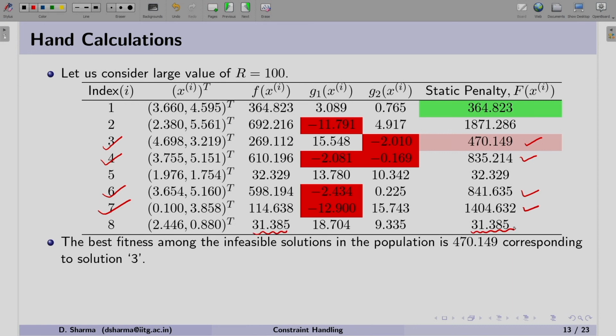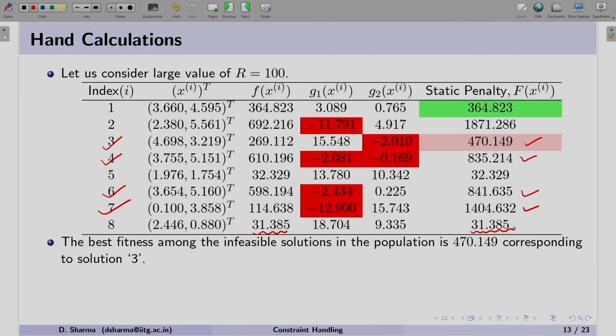Now, since we have calculated the static penalty function value, let us calculate what should be the value of lambda. As we know the definition of lambda, we have to search for two solutions. So, let us identify the worst feasible solution and the best infeasible solution